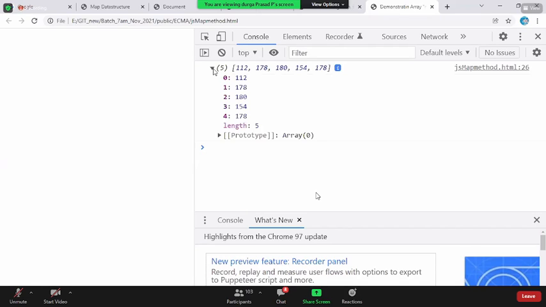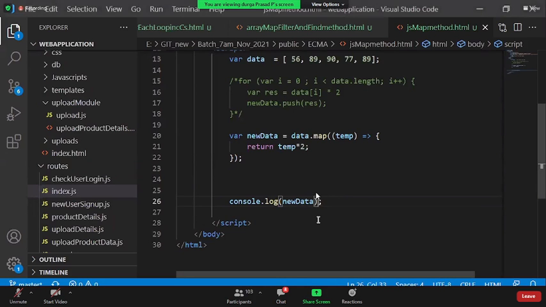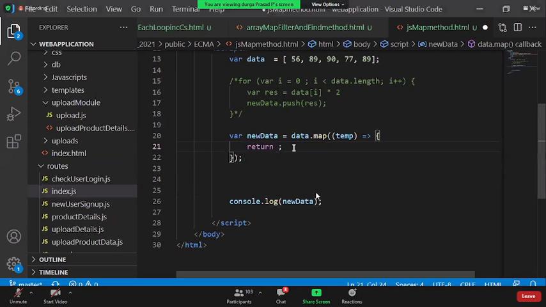In my method, right now, my requirement is to multiply with 2. Say you need to check whether the given number is a prime number or not, or whether the given number is an even number or not. In fact, that can be done even with a filter also.